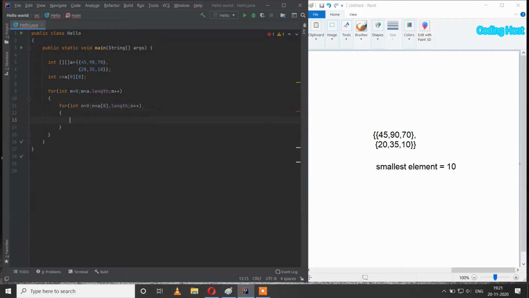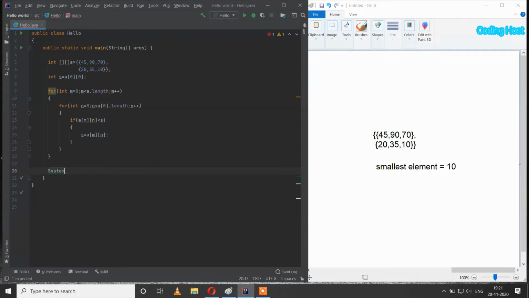In this for loop I will take an if statement: if a of m and n is smaller than s, then s equal to a of m and n. After that we will print our smallest element.